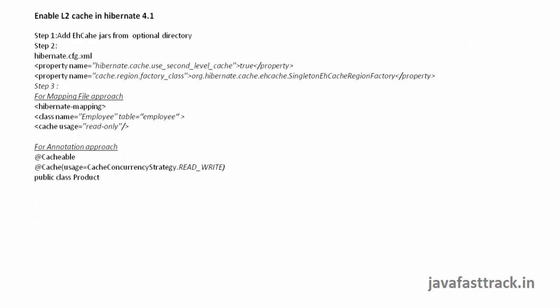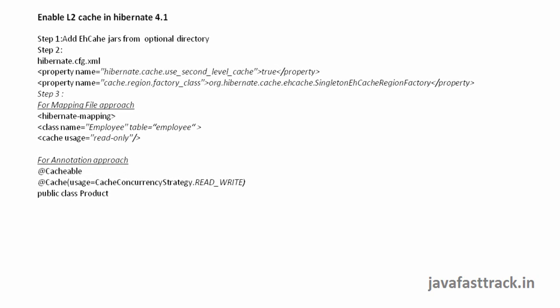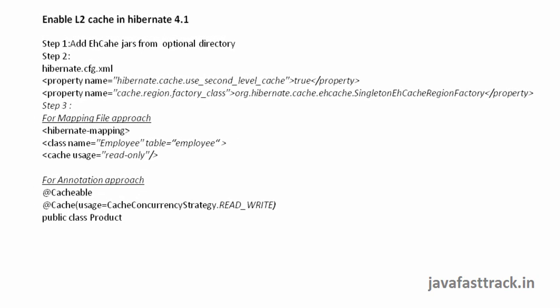So in this video, I have mainly demonstrated how to use level 2 cache. Level 1 cache is inbuilt. Level 2 cache is what we wanted to achieve. For that, you just perform these 3 simple steps. If you just do these 3 things, you will get level 2 cache. And the most important thing is, whatever I showed will work only for the Hibernate 4.1 jar files, which you can take from me.